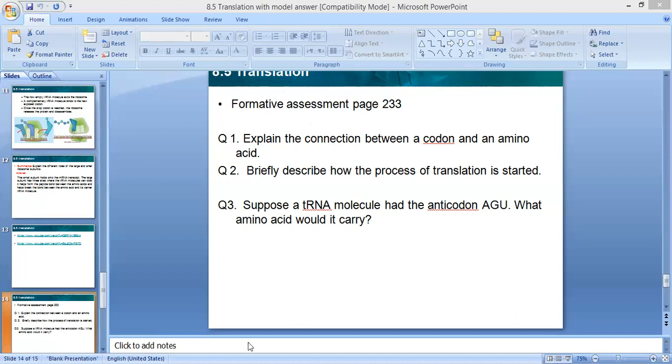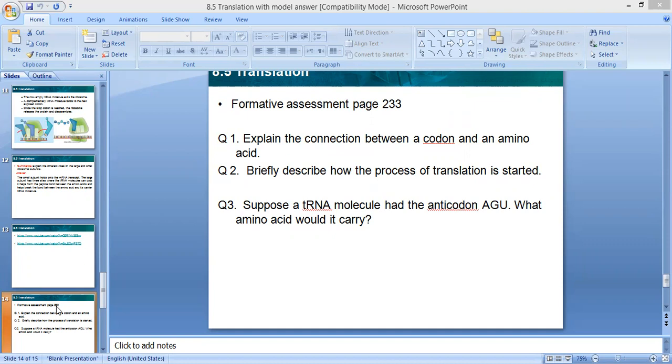Would anyone like to add anything here? Murad, or Abdullah, would you like to add anything? Teacher, I would like to add. Yes, Abdullah, please. I was going to say the codon corresponds with a specific amino acid, or stop signals. Exactly. There are some codons used for stopping and starting the translation, but they ask here specifically about the connection between the codon and the amino acid. So the codon codes for an amino acid. The codon, which is made of 3 nucleotides, codes for an amino acid.